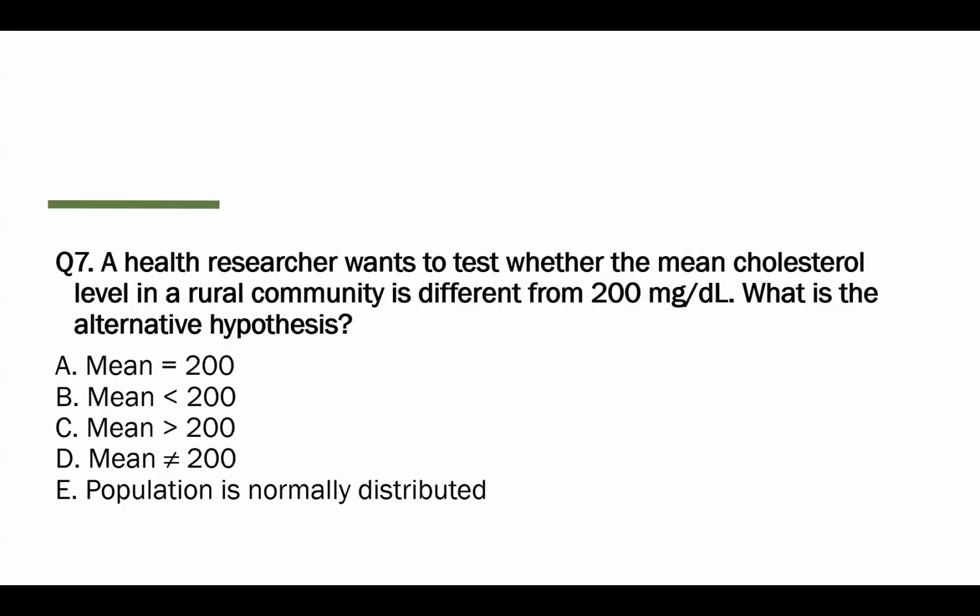Question number 7. A health researcher wants to test whether the mean cholesterol level in a rural community is different from 200 milligrams per deciliter. What is the alternative hypothesis? A, mean is equal to 200,